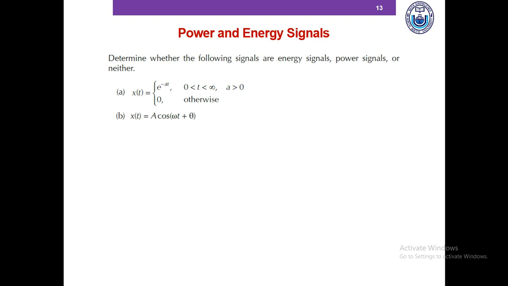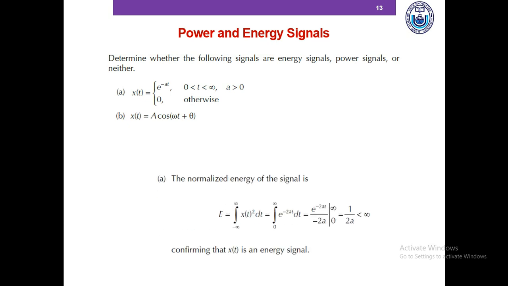Okay, now please pause this video and try to solve this problem, and then we'll match our answers. Okay, so hopefully you've been able to do this. So the energy of this signal is finite, so it's an energy signal,